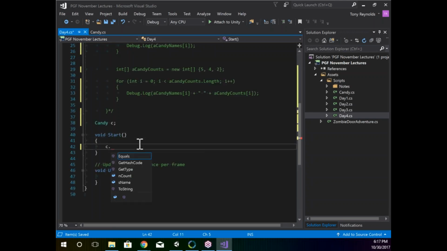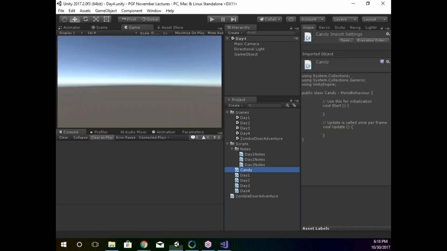So if I press the period again, you'll notice I now have 2 extra variables in this list, string and name. Okay, cool. So now I can set it to be, or actually, the name of my first candy is Snickers. Okay, cool. Well, if I tried to log this, or if I try to assign it, or if I try to do anything, if I save, jump back to Unity,